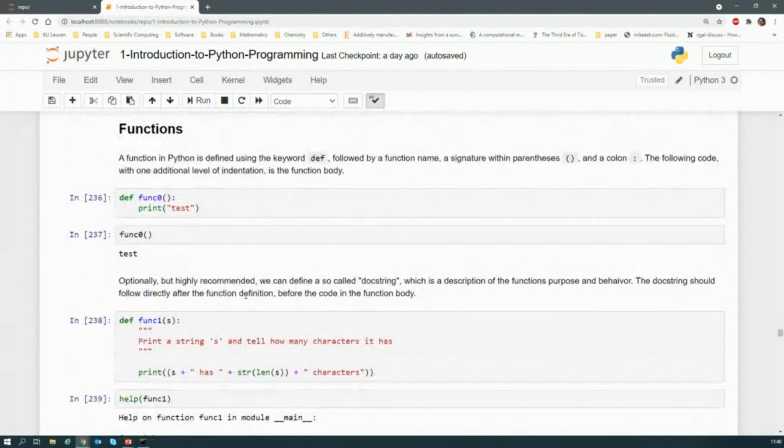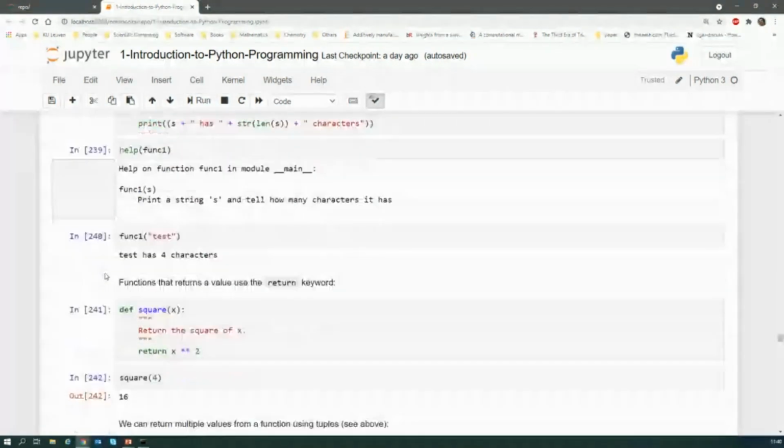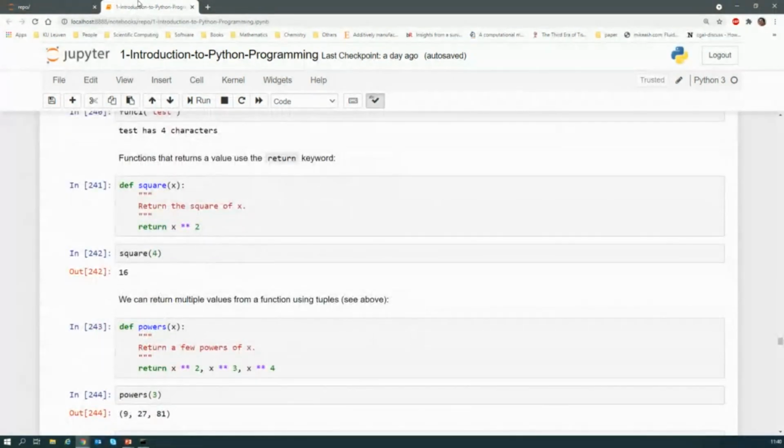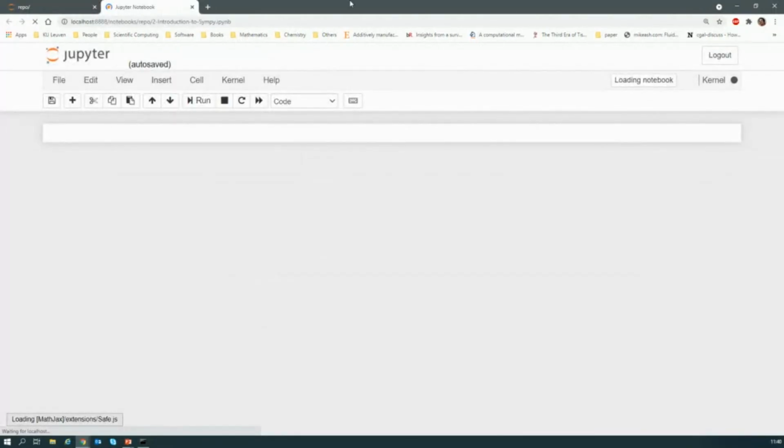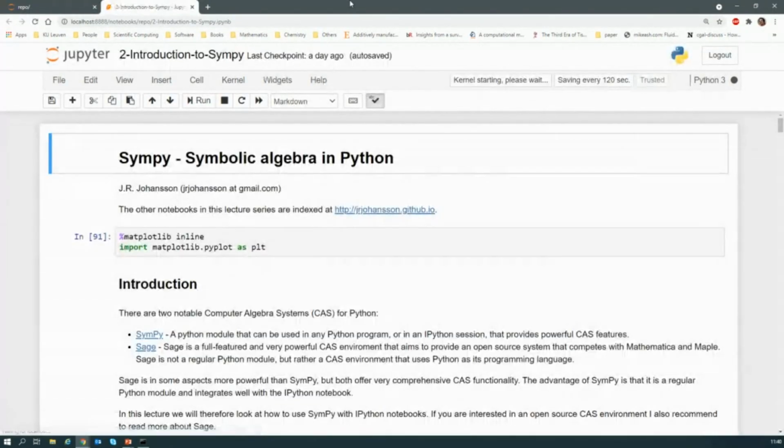You can go on with this tutorial yourself. If you're interested, I recommend you do that, but it's indeed your choice. I just described the things that are essential for us for symbolic computing, but there are also other essential things. And for SymPy, I showed you some parts of the codes of SymPy, but